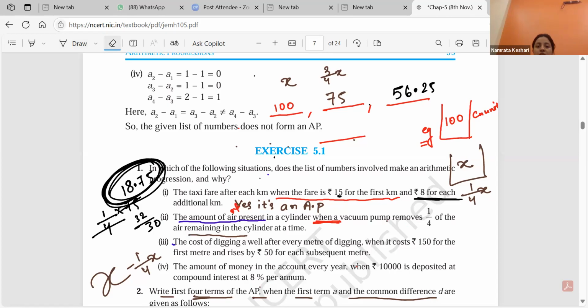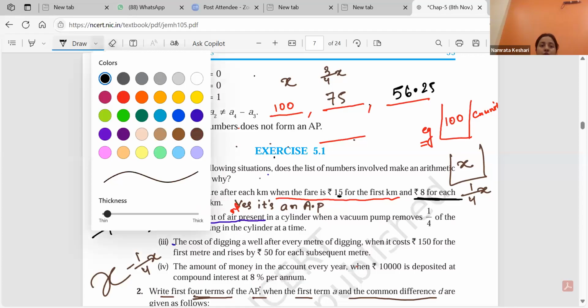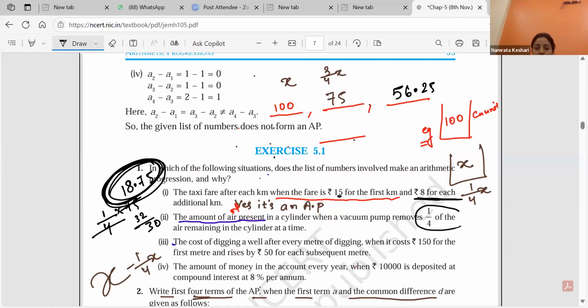It is written over here that every time you press, it will remove 1/4 of the remaining. So it will decrease and decrease and decrease, and we have to check whether it is an AP or not. So clearly we can see it is not an AP, right? Yes, ma'am. I have just taken the number 100 randomly, but are you able to see that